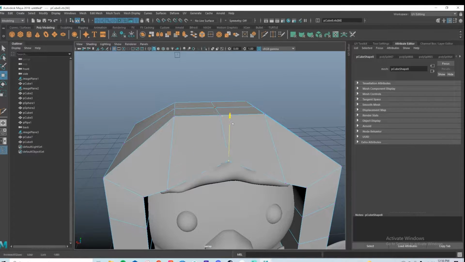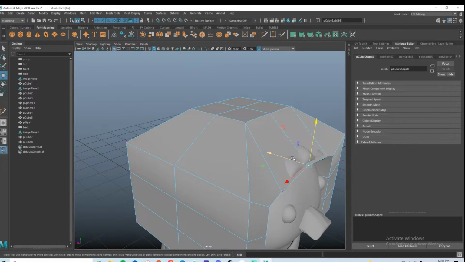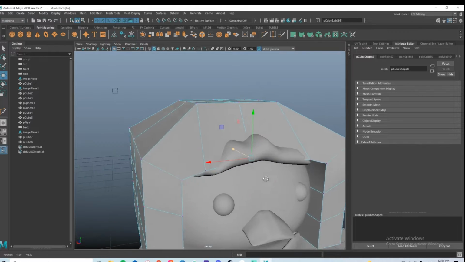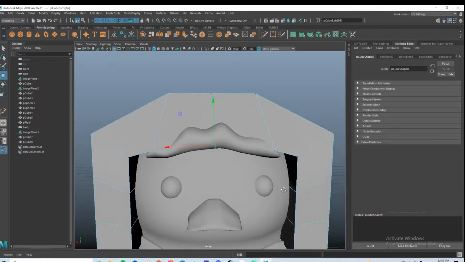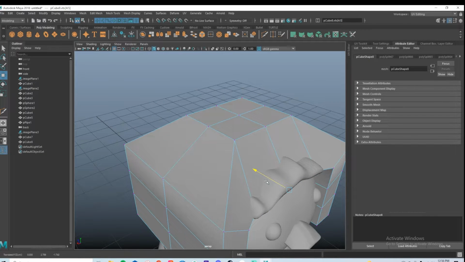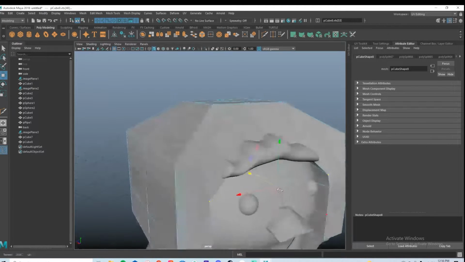Okay, don't click and drag because you don't want to accidentally click the back. That would be bad. All right, and then I'm also just going to bring it in a bit because it should be under the fur. So you don't want it to overwhelm the fur. Same with these guys. You can bring them down, but just make sure you bring them back in a little bit. All right, and then these vertices I'm going to bring down and in,